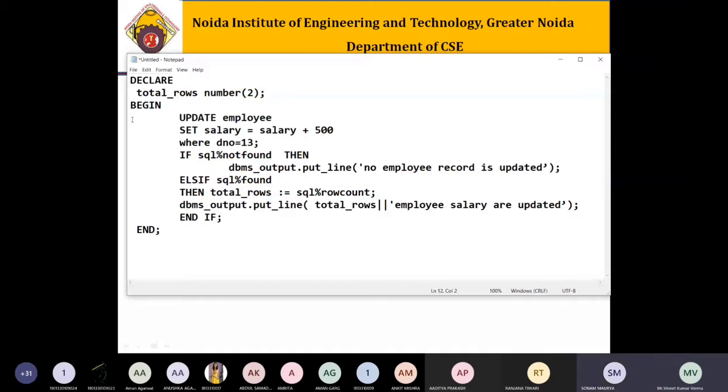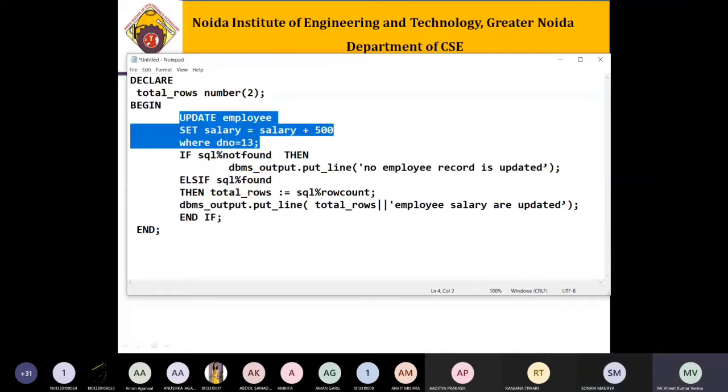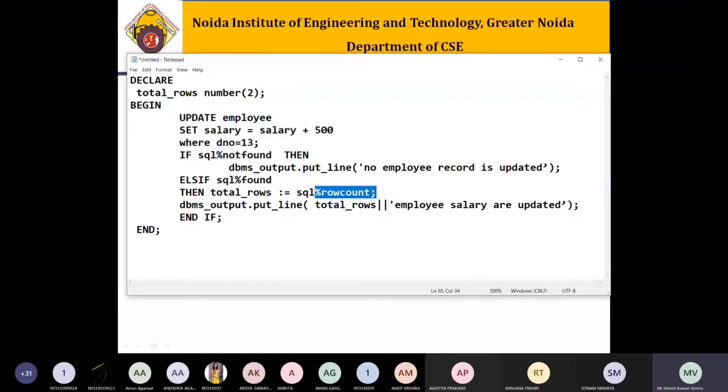Let's do it. Sir, could you please explain SQL%ROWCOUNT once more? So, %ROWCOUNT is an attribute which is associated with the SQL cursor, that will basically provide the number of rows affected by the select or whatever SQL statement.